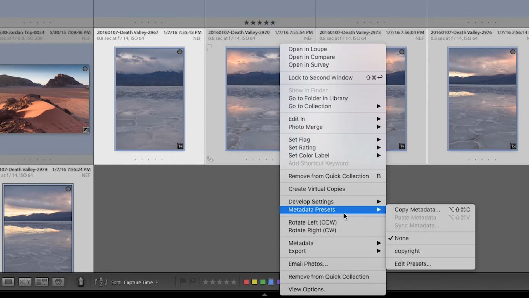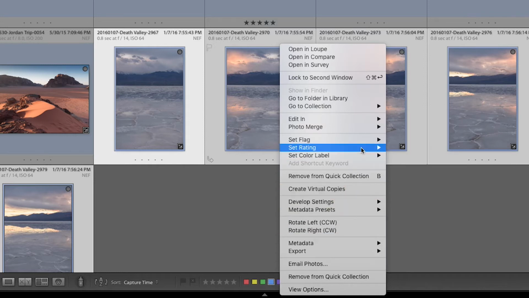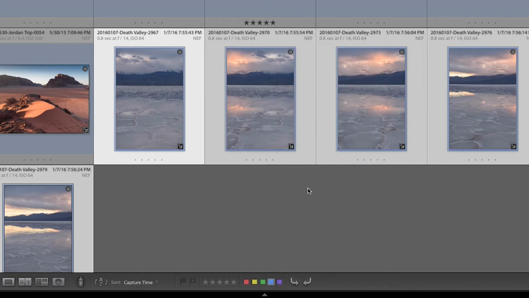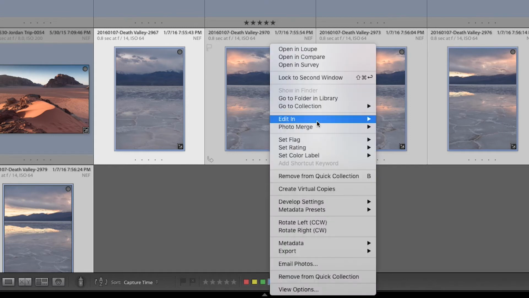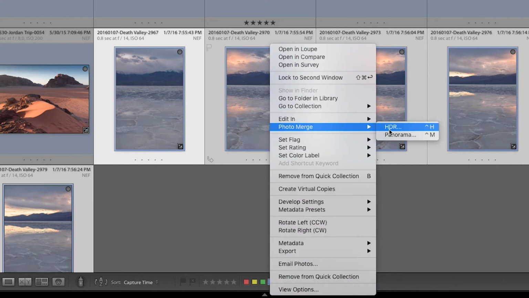So one thing that I did want to point out is that from here, I do have access to things that I access quite a bit. Now we have these images selected right now, and one thing that I could do to them, I could say, well, let's try to use Lightroom's built-in capability to build a panorama. So what I could do is I could select all these images, and then I already have them selected. I could just right-click on any of these images, in fact, and I could say photo merge, and I'm going to merge them into a panorama.